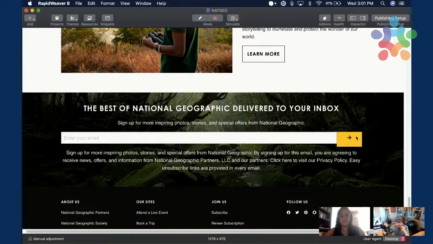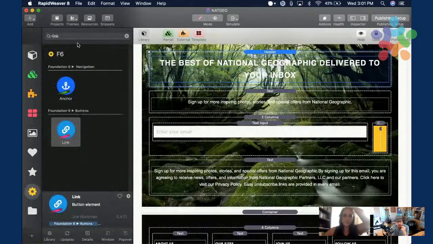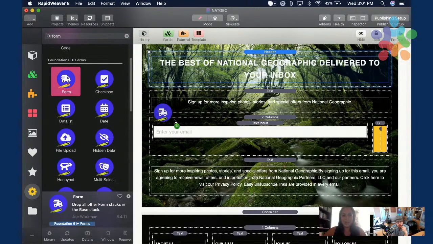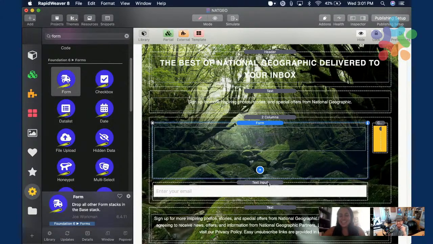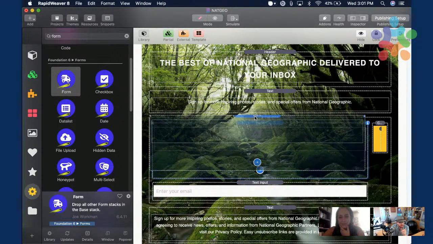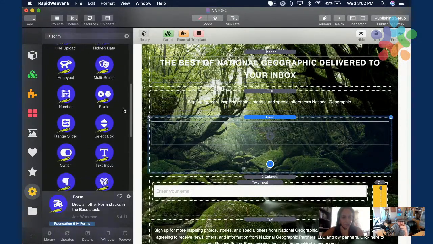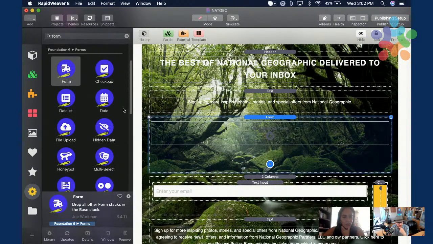Were you using an inline form? No, I should have used one. Oh, yes. So what you want to do is, you have a form stack, and then inside the form, I didn't even have a form stack. I just threw it in. Yeah, that won't do anything if it's not in a form stack. So then there's this stack called, was it inline groups? Something like that. Actually, there's a template. Do you have my Foundation 6 templates installed? I have an inline form template. You could probably just use that really quick.